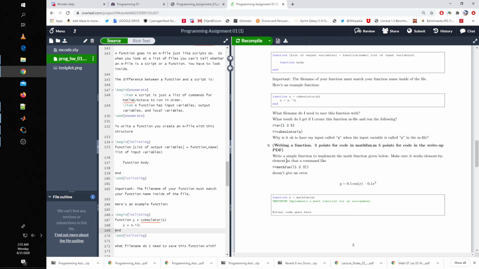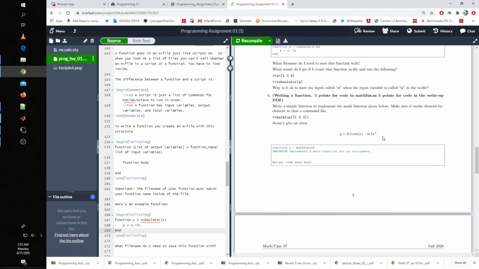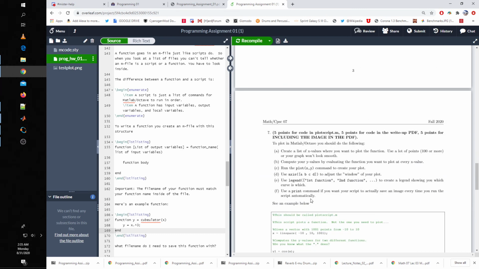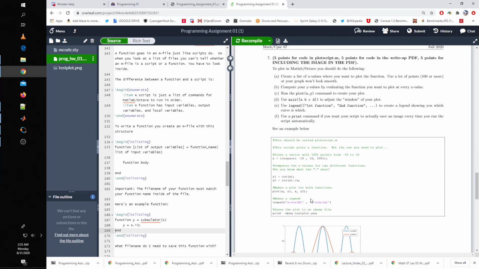All right, next one, you're going to be writing your own function. You need to write this function. Not hard to do, you can do that. And finally, last thing in the homework is you need to make a plot. And so this code here